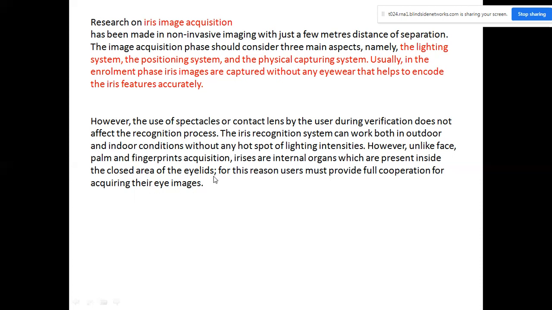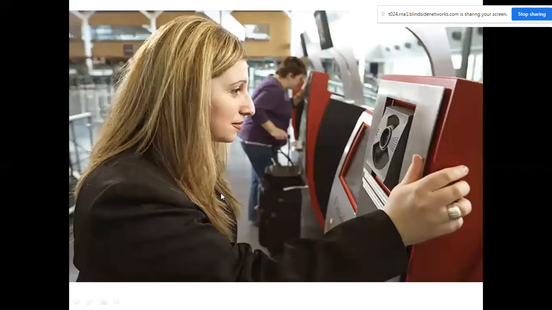The eyelid means the skin outside the eye. Eyelash is the hair on the eye. So the closed area of eyelids. Full cooperation for acquiring the eye images. This is the example of how the eye image is acquired, taken, captured.